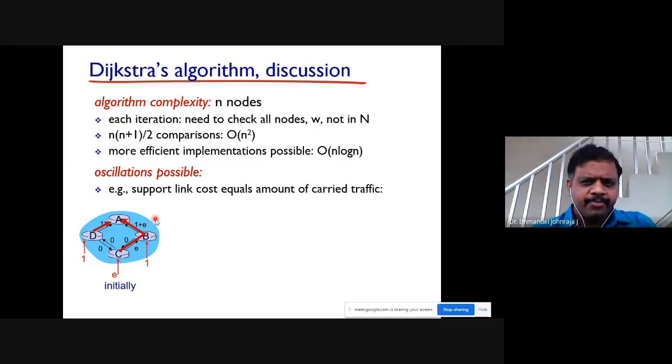When Dijkstra's algorithm is running here, it will always go for the least cost path, right? Now from C, it understands this path is 0. See, this path is 0. This path is 1. So router C forwards the load E here. Do you understand the trouble which I am showing?